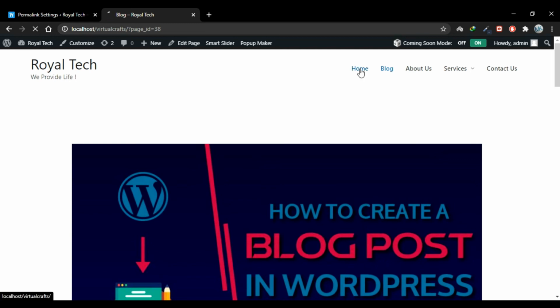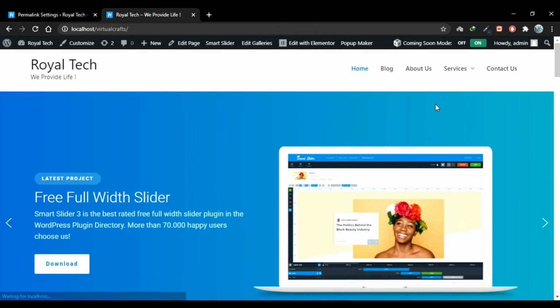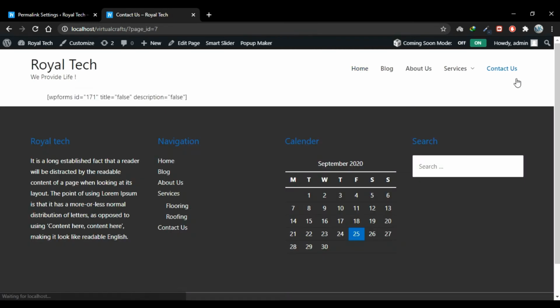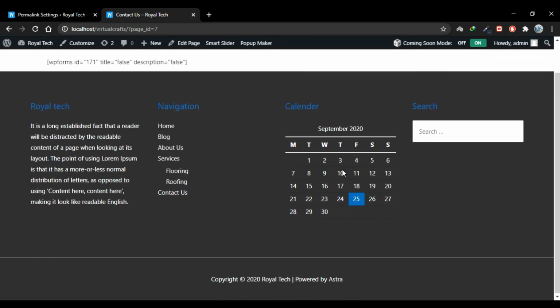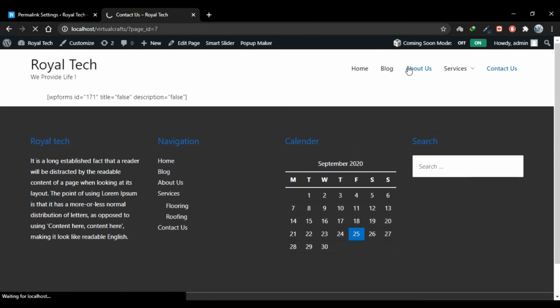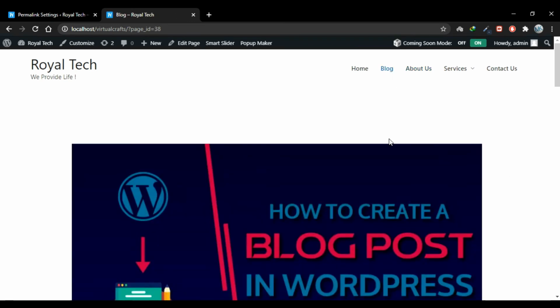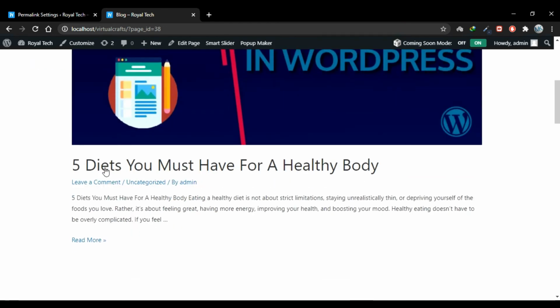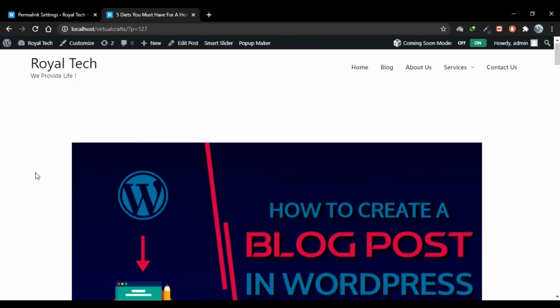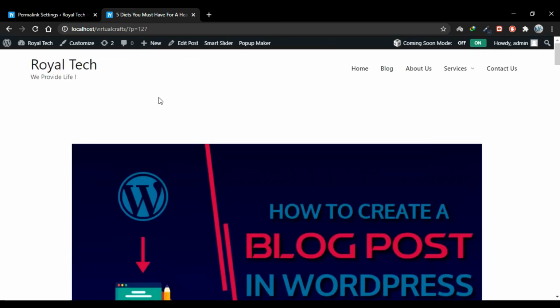Change it to any other page, and this one is working too. Go to this one, and now every page is working. Now open a blog, and you'll see that now your blog is working too, but now your permalink structure is plain.